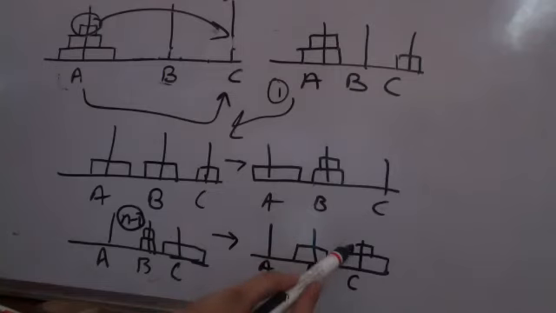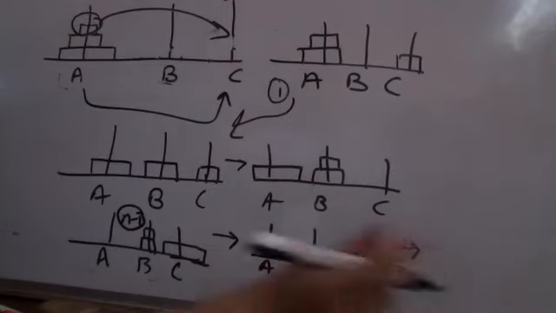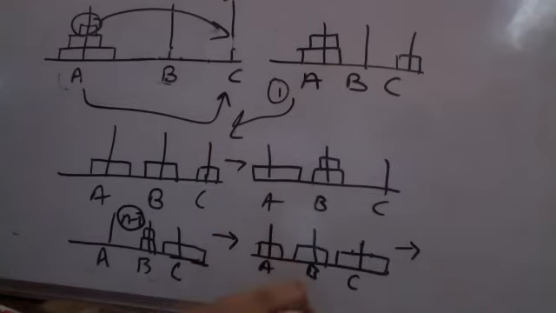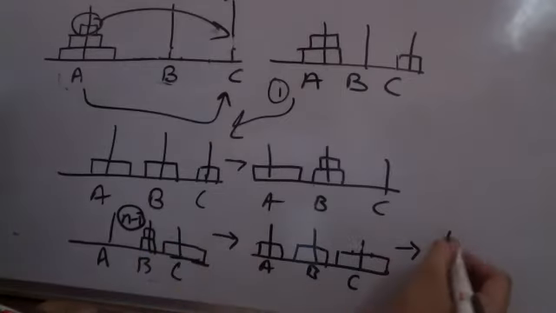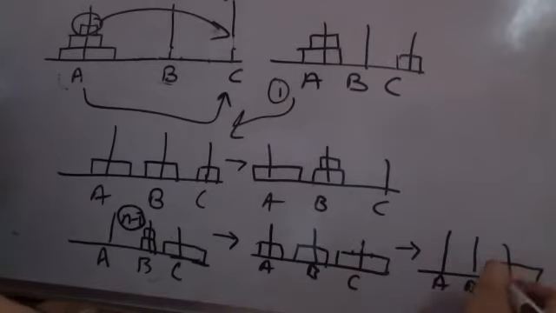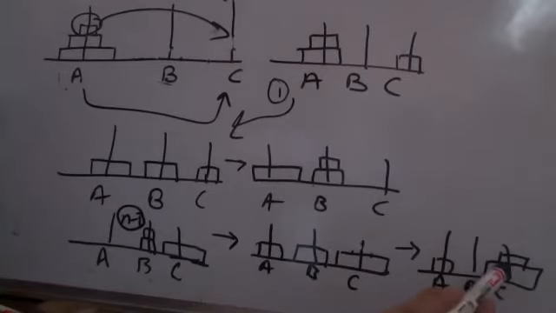अभी भी smaller ring is over the larger ring, so this is allowed. After this, sorry, my mistake. You have to move it to the extra one, A. After moving the smallest one to A, what you are doing is move from B to C. अब B से C पे copy कर दोगे आप, second largest, and in the final step you will be copying the smallest one, that is again n-2 के size का tower on these two rings.